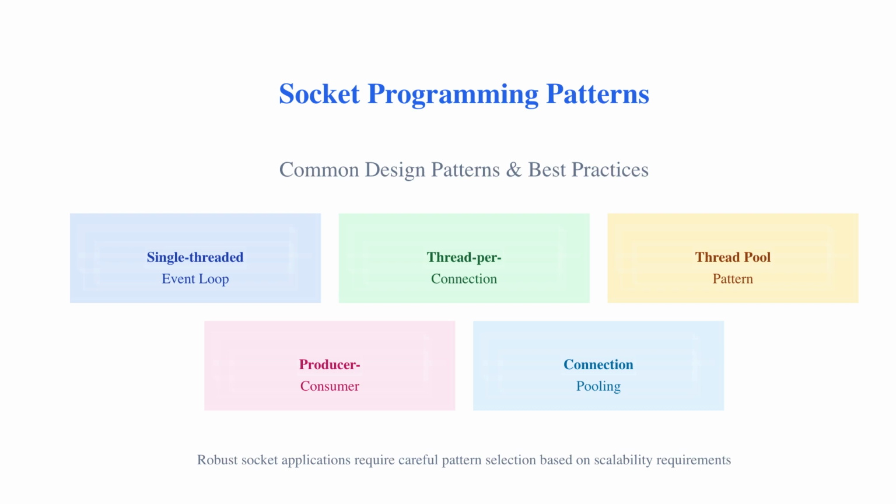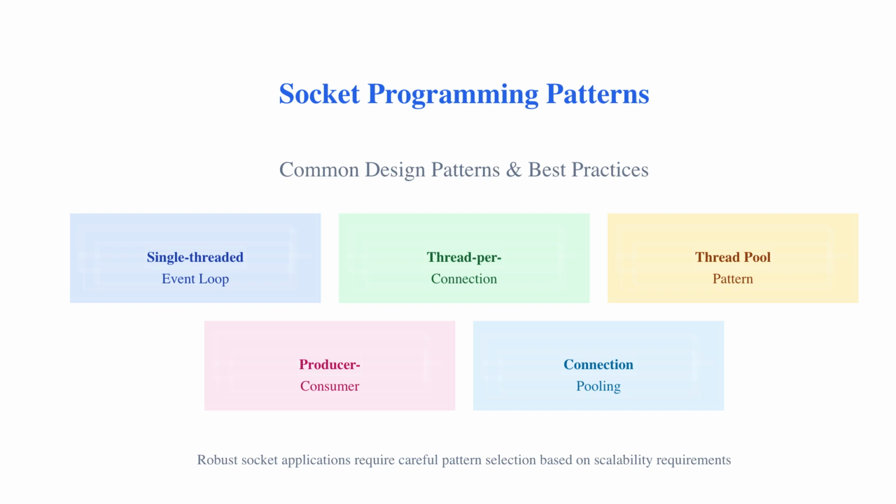The thread-per-connection model takes a different approach, spawning a new thread for each client connection. While this provides isolation and simplicity, it can quickly become resource-intensive as connection counts grow. To address scalability concerns, we use the thread pool pattern. This maintains a fixed number of worker threads that process connections from a shared queue, providing the benefits of multi-threading